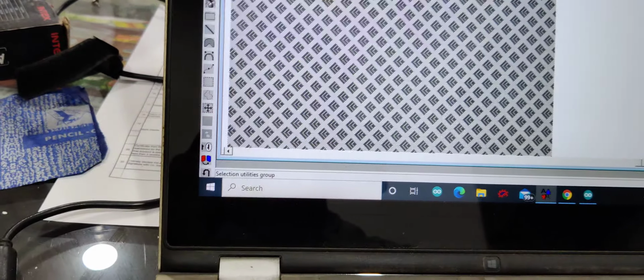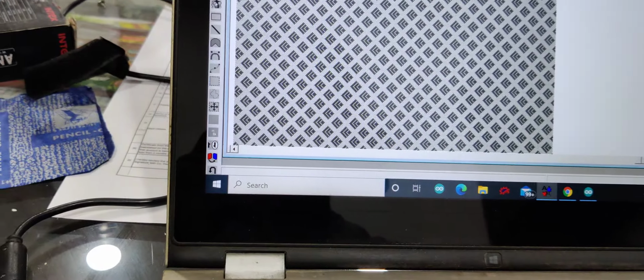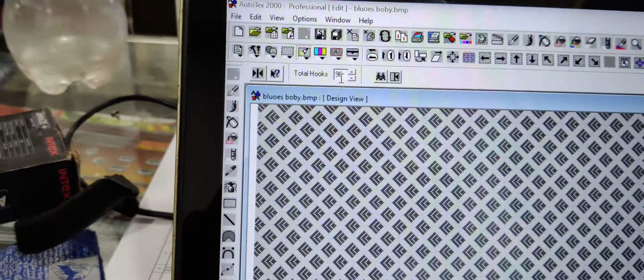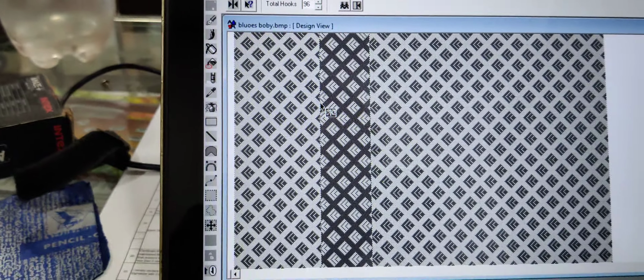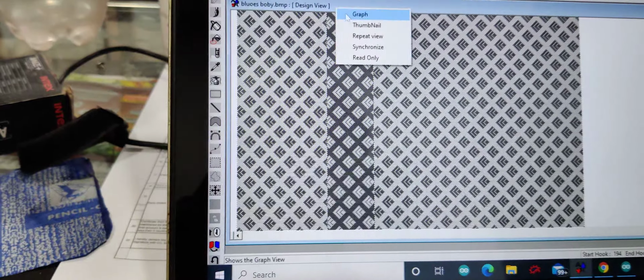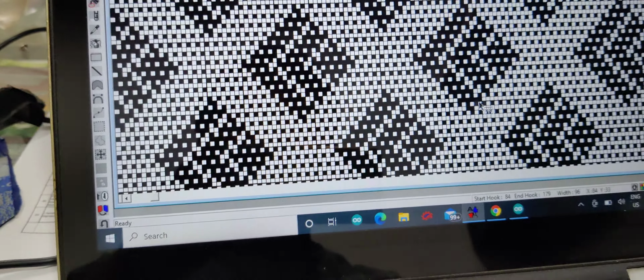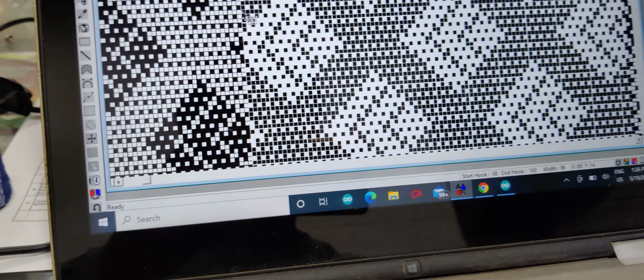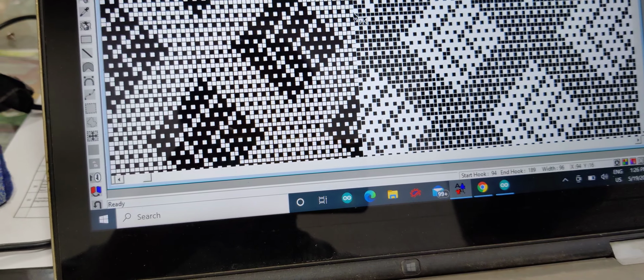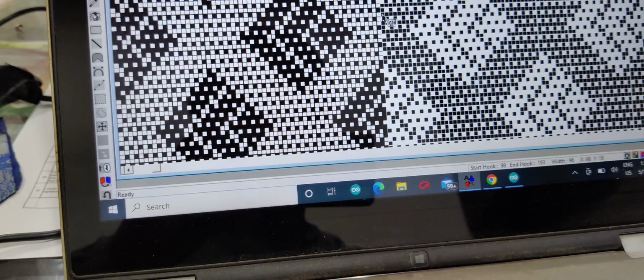See how I am doing it in this software. For doing this, here already 96 is selected, so in this way we can increase 96 hooks. So we need to go to 192 here, 192 is here.